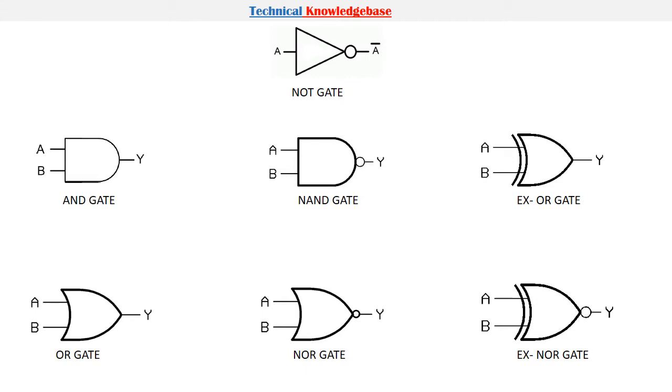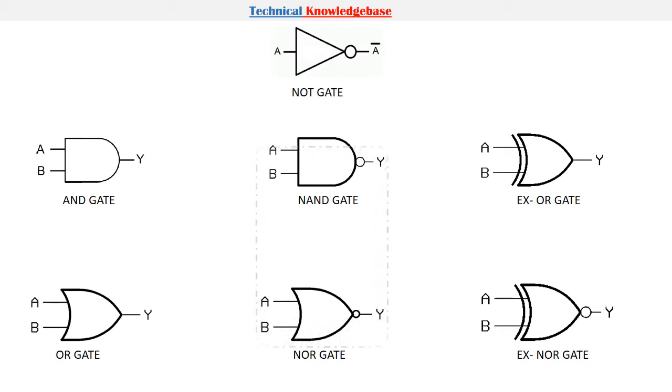These are all the logic gates used in the electronics world: NOT gate, AND gate, OR gate, NAND gate, NOR gate, XOR gate, and XNOR gate. You see every gate comes with inputs and an output, so as per the working principle of that gate, we will get results.